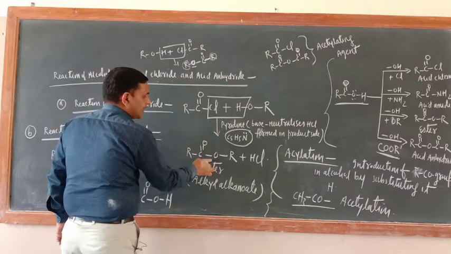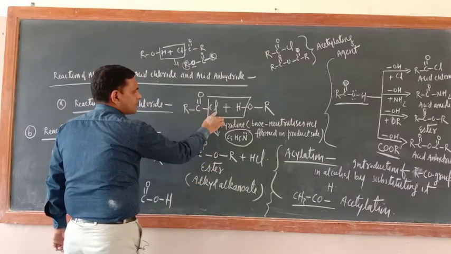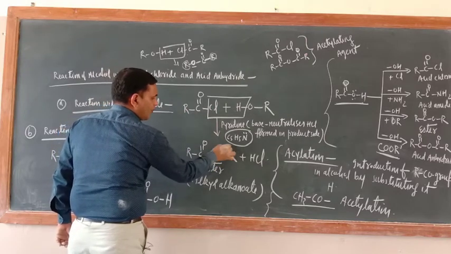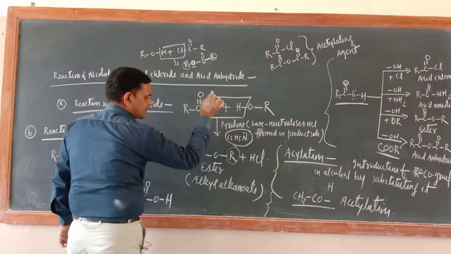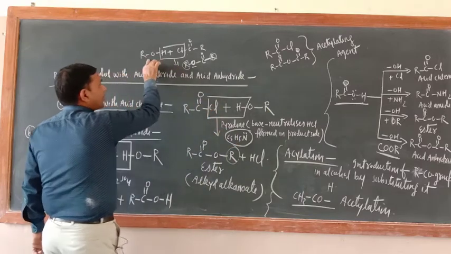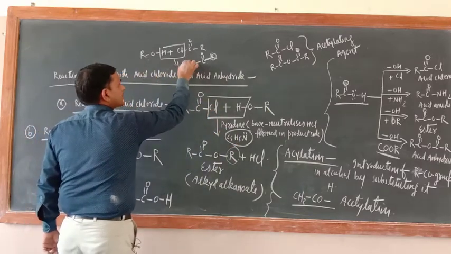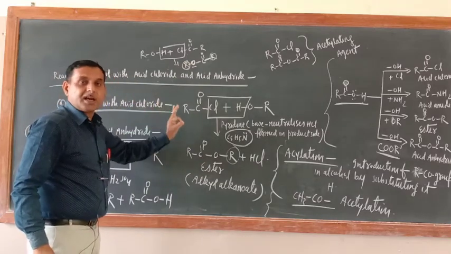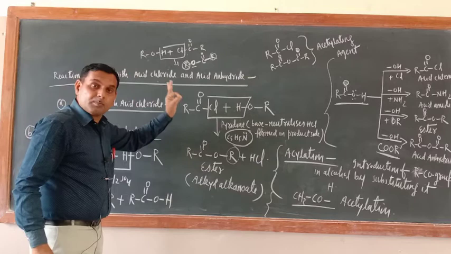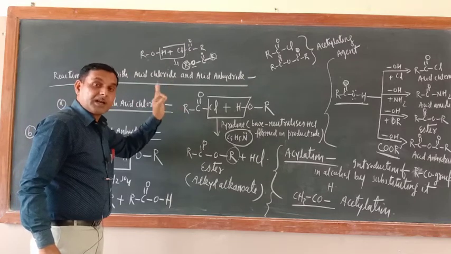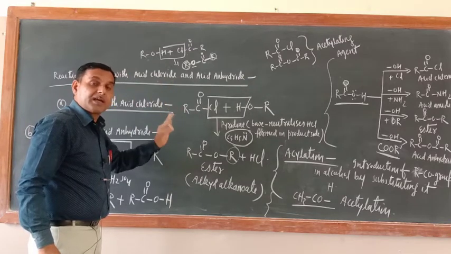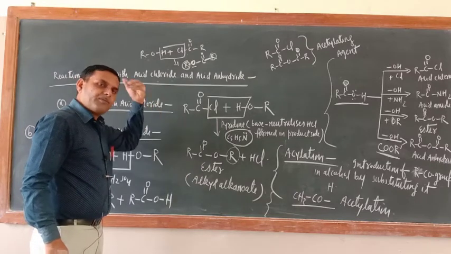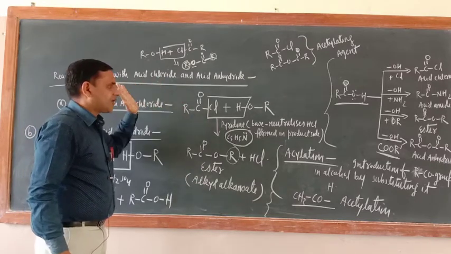Now just see, in this compound I wrote RCOCl first, that is why the RCO group is here and the OR group is here. But here I wrote alcohol first, so the R group is here, but the name would be the same. So remember, in an ester the R group bonded with O should be named first according to the IUPAC name. Wherever you write alcohol or acid chloride, that doesn't matter.